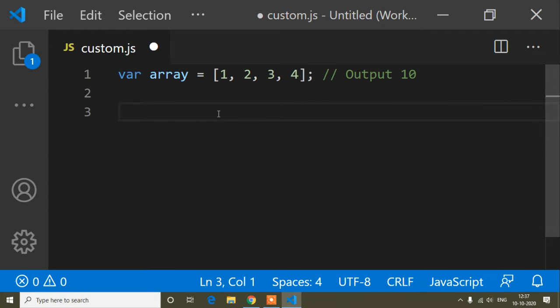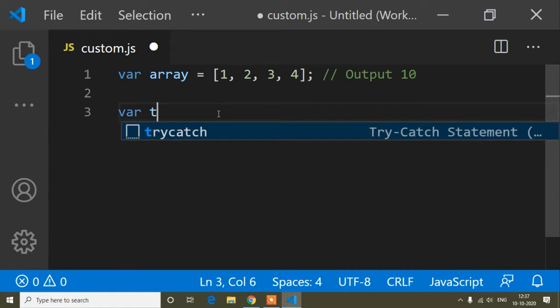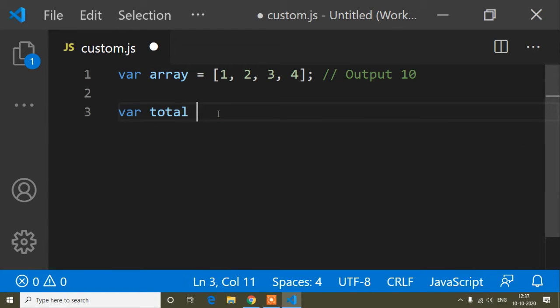To use the array reduce method, first we write a variable. The variable name I will write is total, equals to the array reduce method, because we want to count the values of this array.